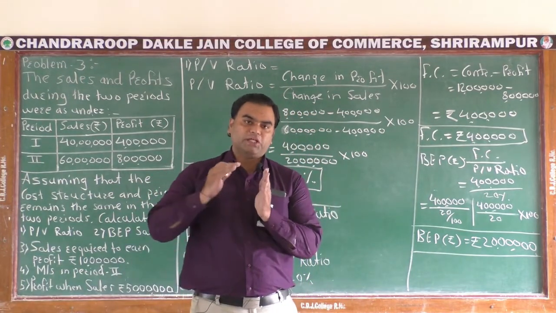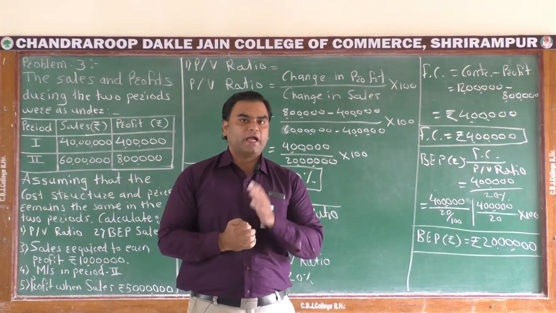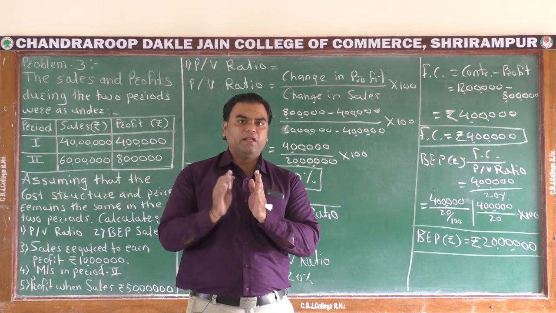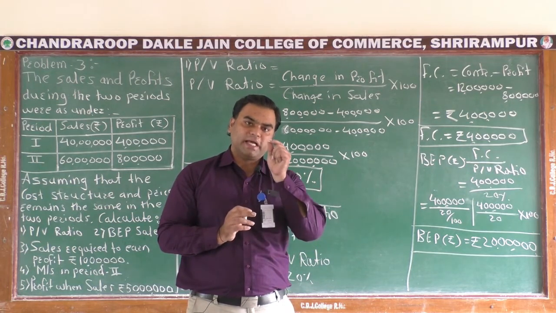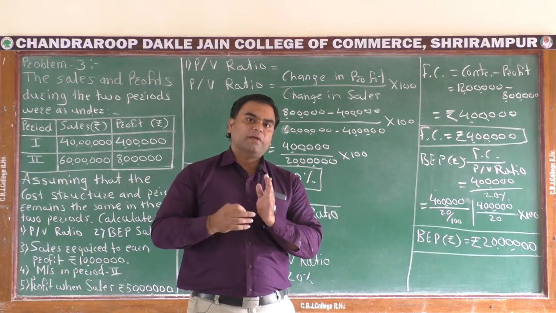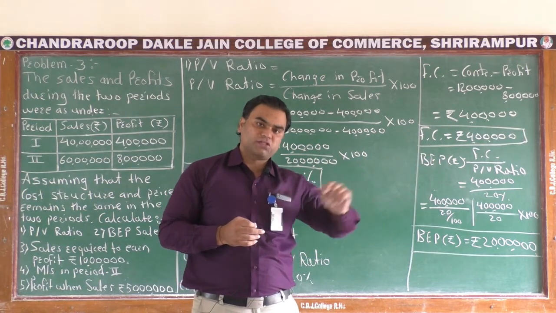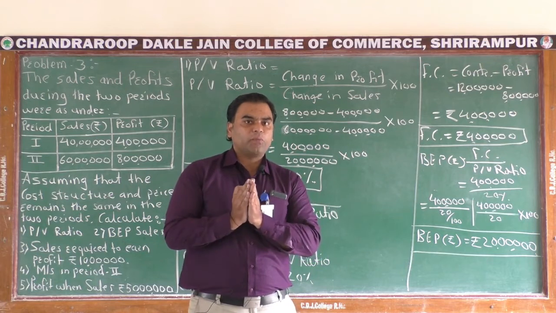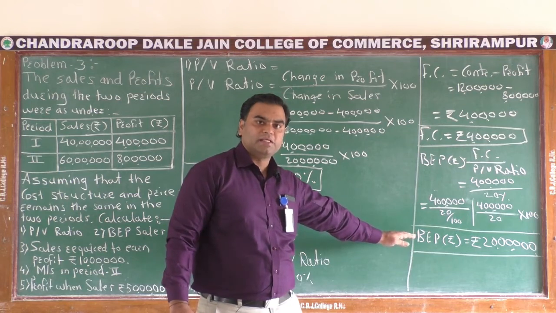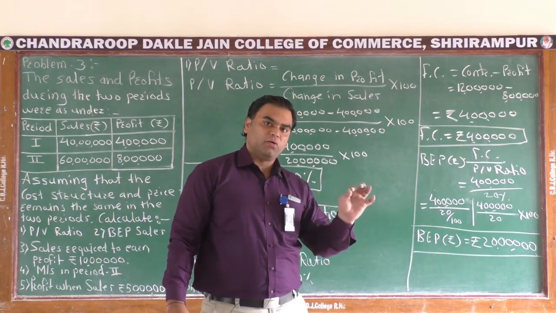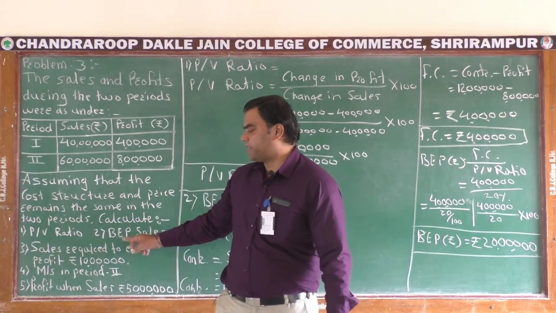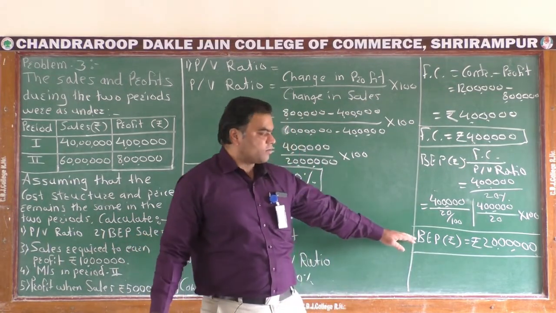Means when the company generates sales of rupees 20 lakh, then the total cost of the company and total sales of the company will become exactly equal, and at that point the total contribution will become exactly equal to the total fixed cost, and the no profit no loss stage comes. As we know, the BEP sales level means no profit no loss level. So the second item we are asked to calculate is BEP sales, which we have calculated now.